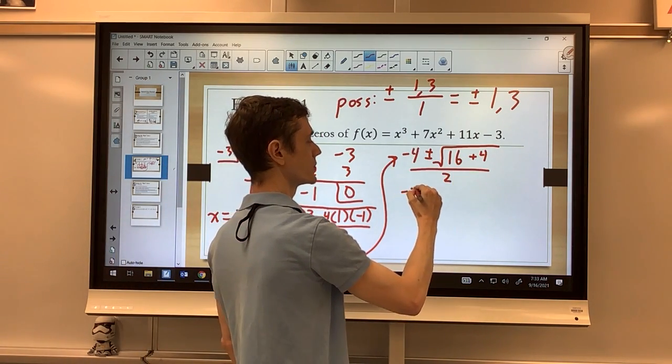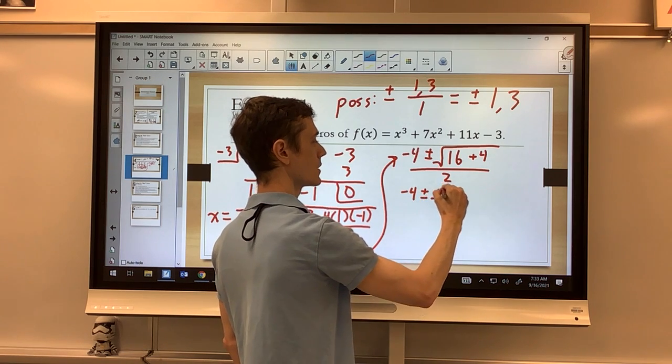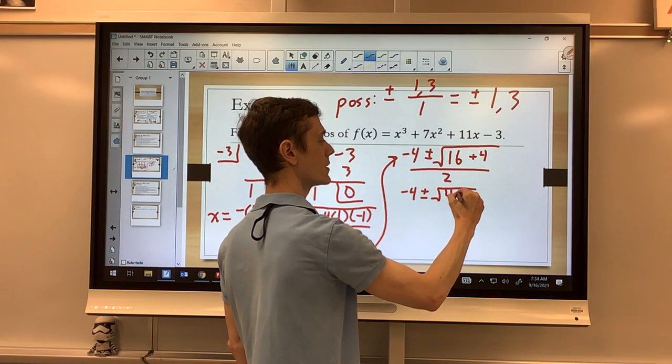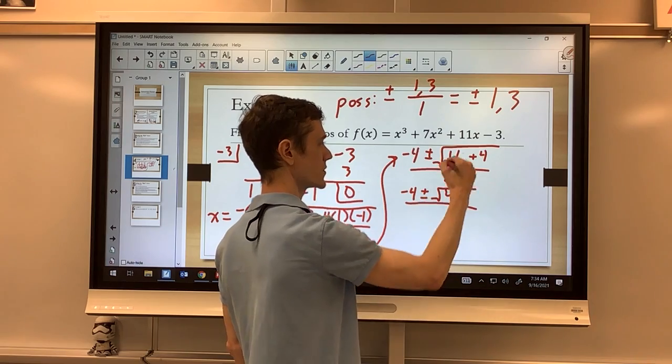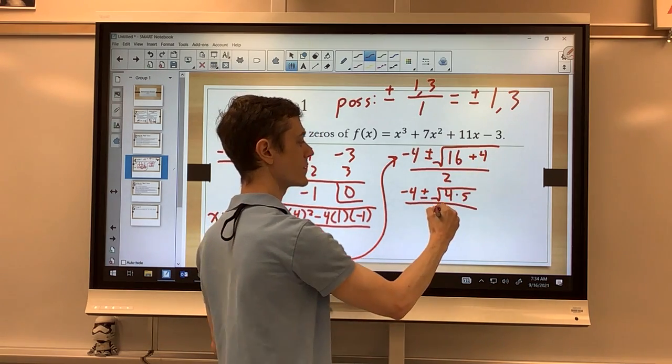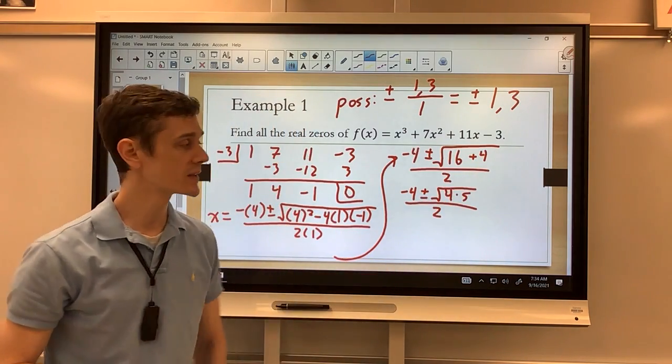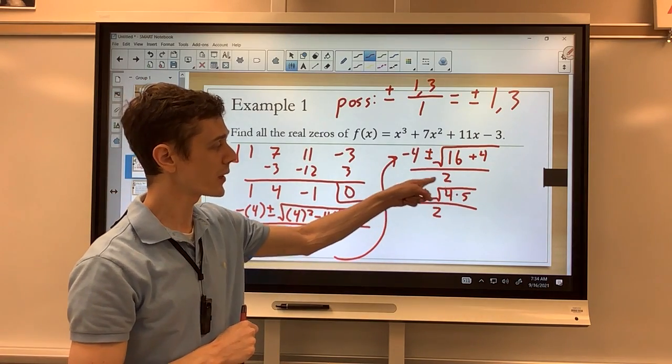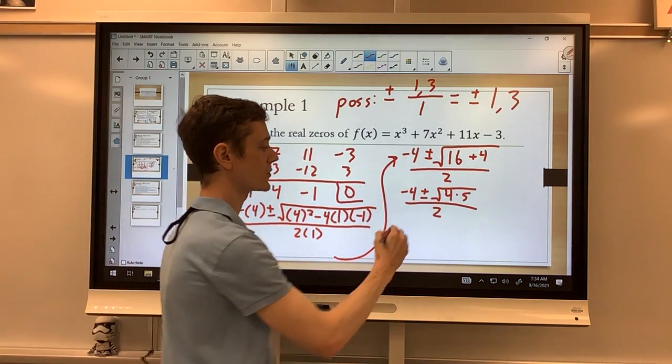So the square root of 20, you can think of that as 4 times 5. 16 plus 4 is 20, and 20 is 4 times 5. And the reason I'm doing that is because I know that 4 is a perfect square. So I can take the 2 outside of this radical,